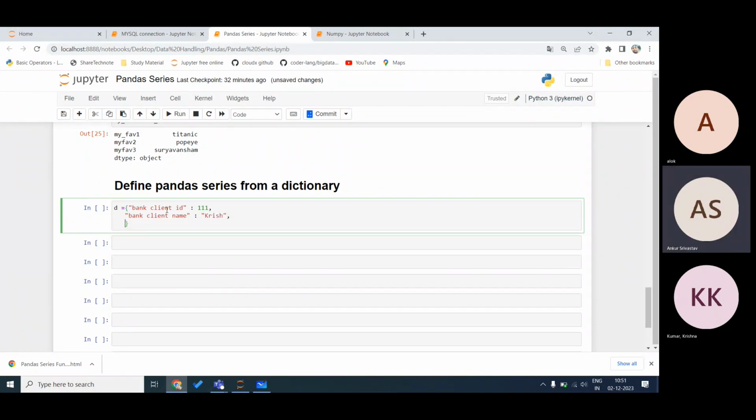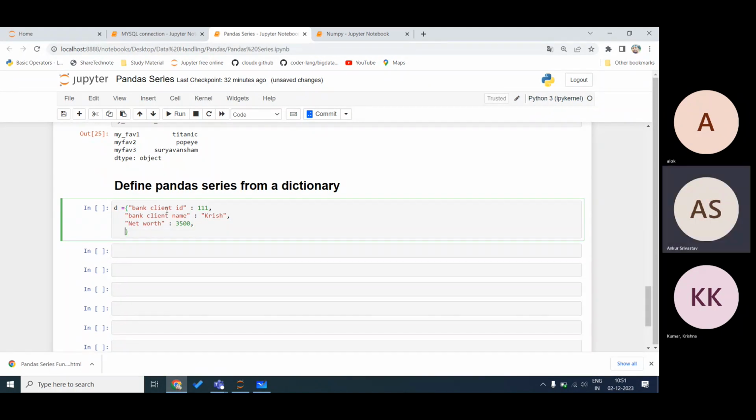Now, suppose that I have net worth in dollar, because I just want to mention it in dollar. This is in dollar, $3,500. And now, years with bank. So this is your dictionary.